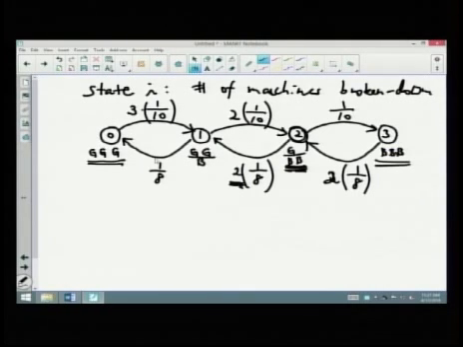Okay, so since we have completed the transition diagram, it looks like this is a birth-death process, right? The number of machines broken down always increases by 1 or decreases by 1, and machine failure and service are independent. So this is the birth-death process. So we're going to use the streamlined version of the balance equation,